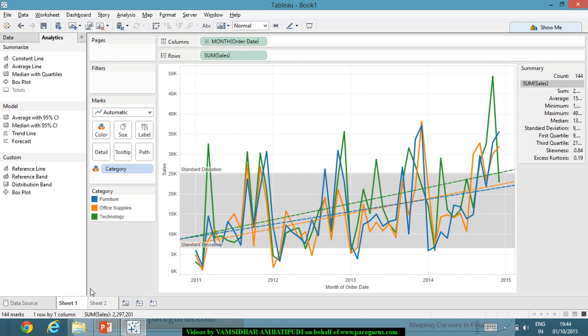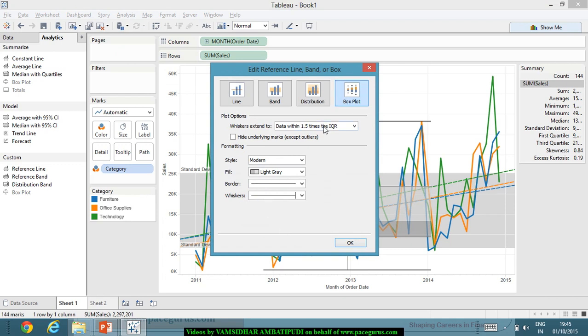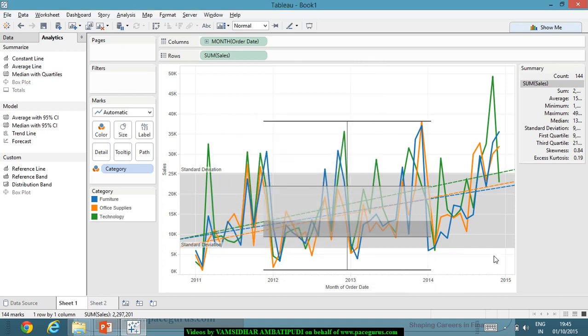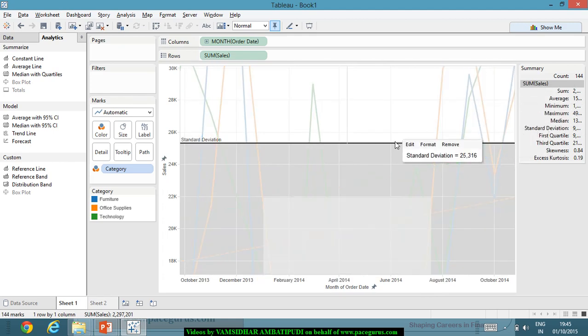Now the same way I can get the box plots, right? I can very well get the box plot. Let's say I'm dropping the box plot for this. Okay, now I can put the data with 1.5 times the interquartile range. So it is able to compute the box plot for me. Now I am able to get my box plot showing what is the 95 or what is the range. Now I could clearly see